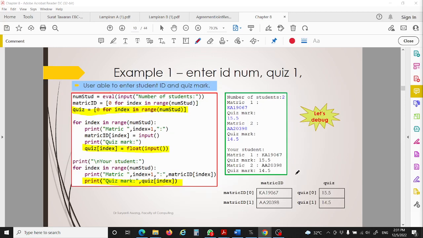Okay. This is an example. We want to let the user enter student ID and quiz. In this case, for example, this is a teacher. The teacher wants to enter student ID and also the quiz for each student. Okay. Only one quiz for each student. So, you will ask the user to enter